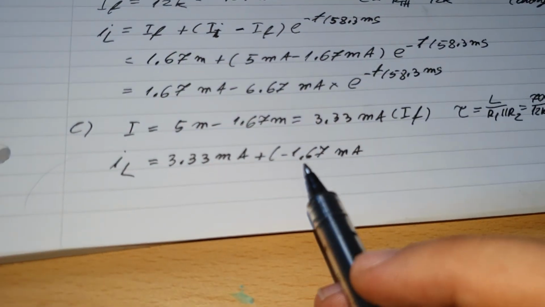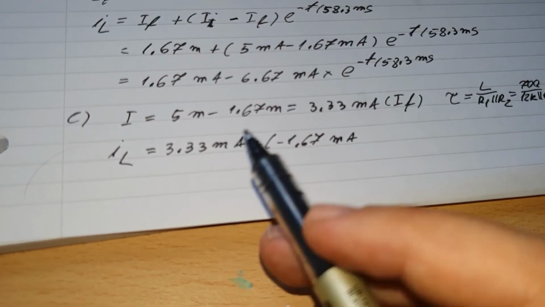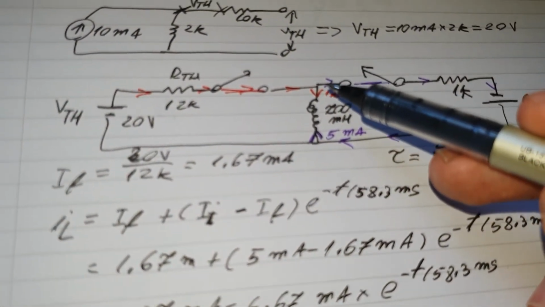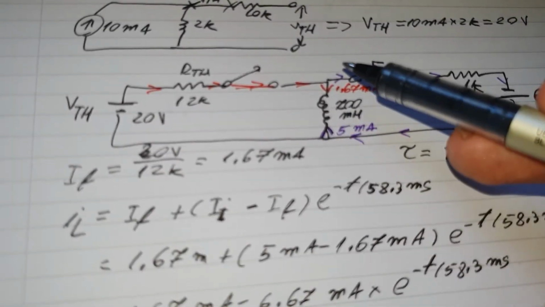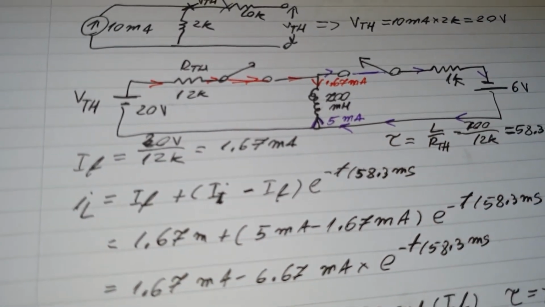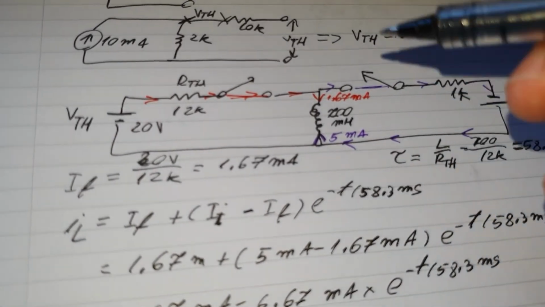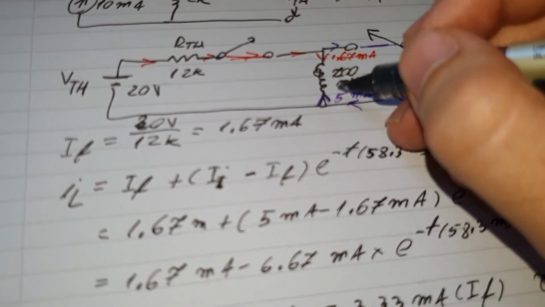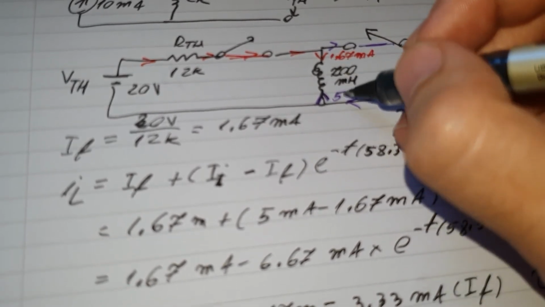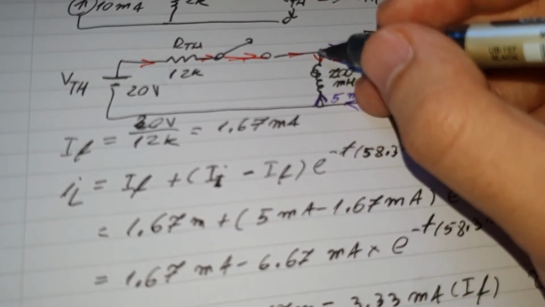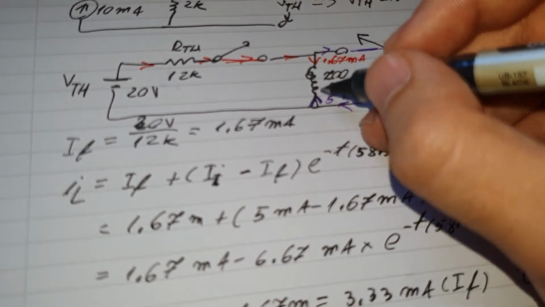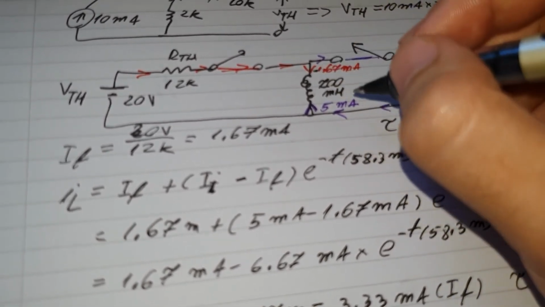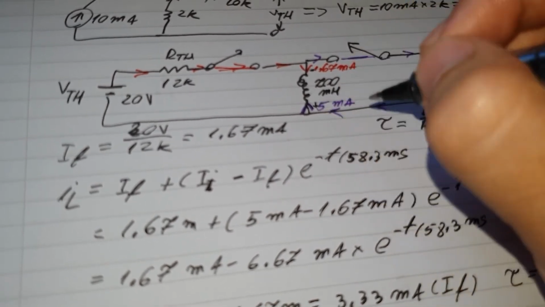And why is this value a minus and the 3.33 is not a minus? Well, because they are in the opposite direction. As I said, if they are opposite from each other, then obviously it will reach a minus value. Let's say we make all currents going from up to down a positive value, and all the currents coming from down to up a negative value. So that one will always be negative while this one will always be positive.